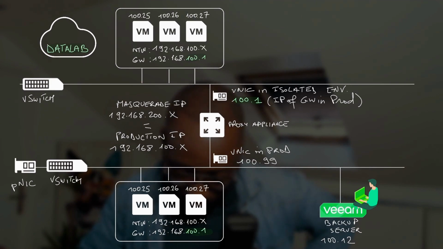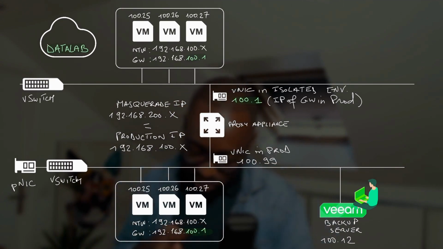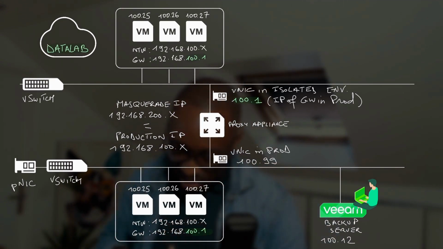For example, the IP 200.20.5 will become 104.20.126.5, and the packet will be redirected to the virtual machine at 126.5. Okay, so address translation, therefore source NAT, IP masquerade, and Veeam, which will modify the routing table